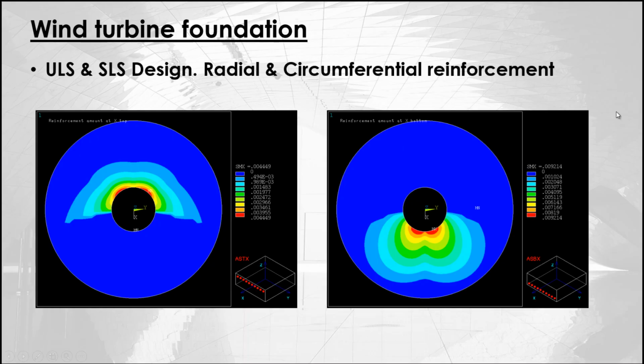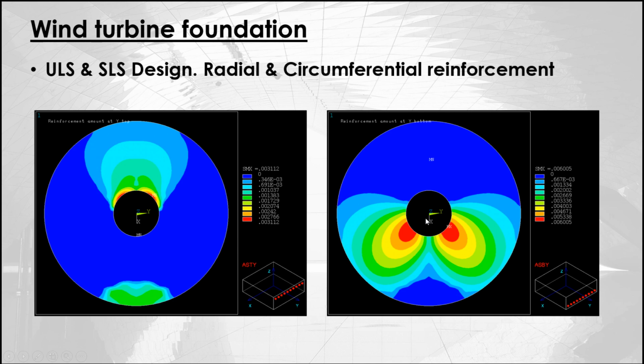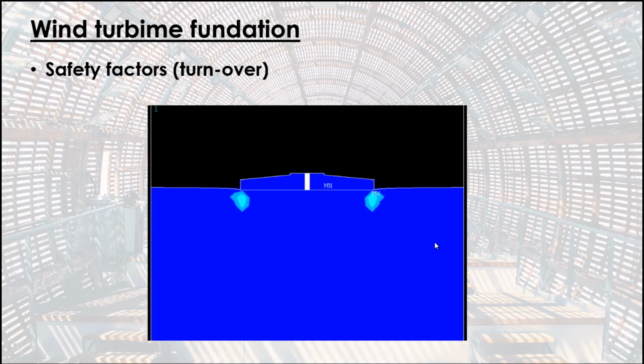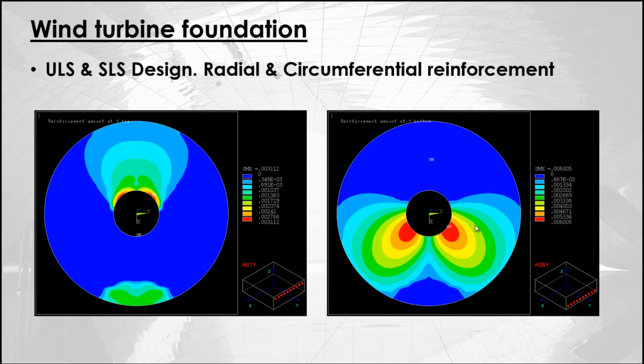This is the reinforcing amount in X direction, that is the radial direction, and the reinforcement amount that is calculated in X, top and bottom direction, and this is in the Y direction, that is the circumferential one. This is the reinforcing amount that is needed. Also, shear reinforcing can be calculated, cracking checking, all the previous